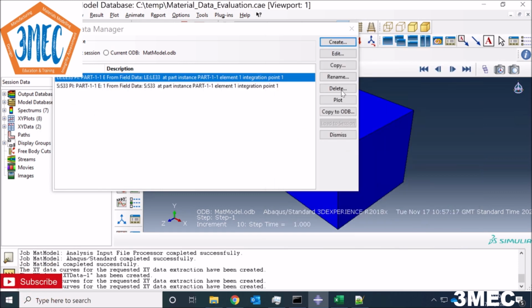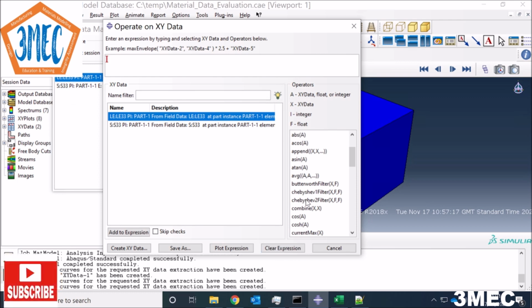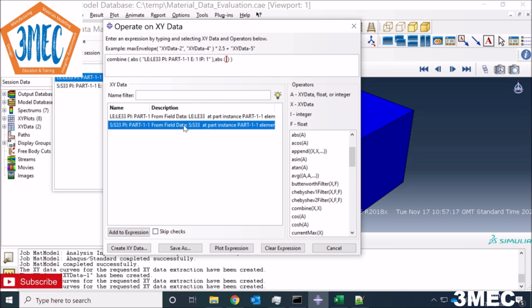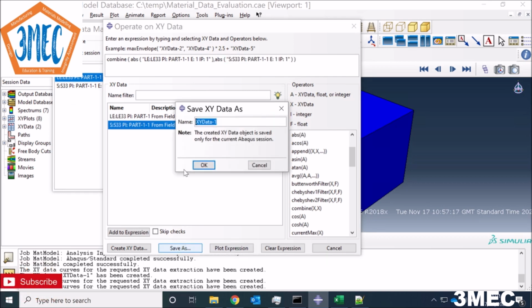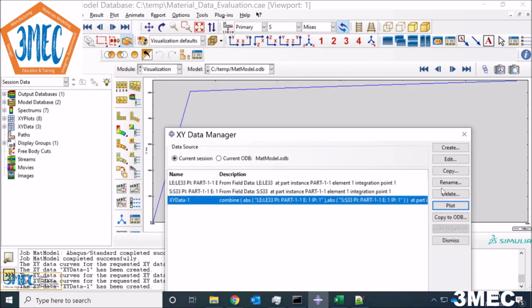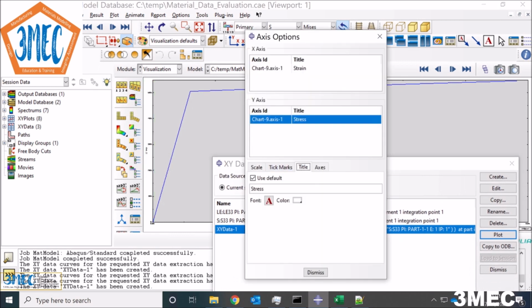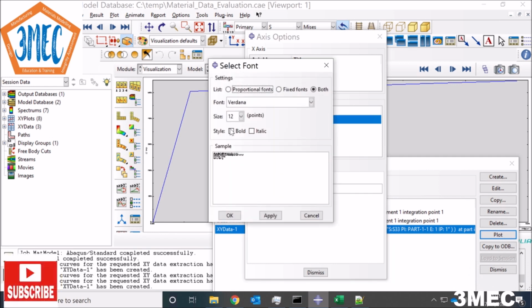Now I have stresses and strains as a function of time, so I need to combine them. So I go to operate on XY data and combine, and I think it's better to make an absolute value. So I will start combine absolute this, and then I can use another absolute value, then I save it. And now if I plot, I should get a stress strain curve which is elastic plastic, and you can see how it looks like. The font is too small, so again you can double click axis title maybe, and then you can increase the font,